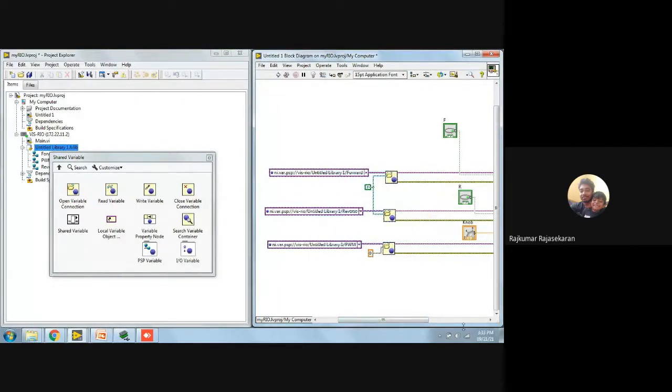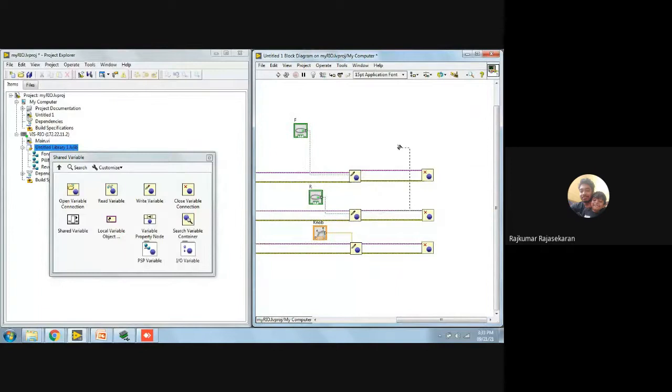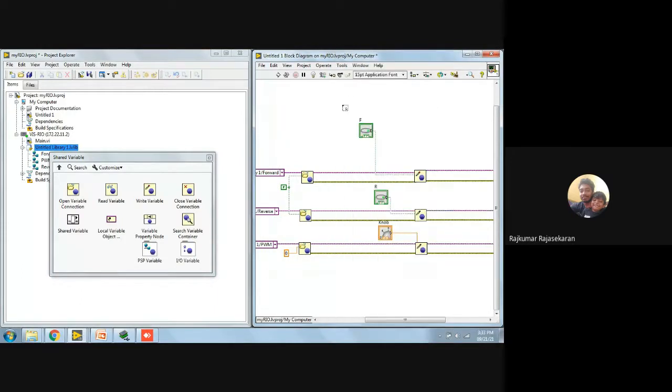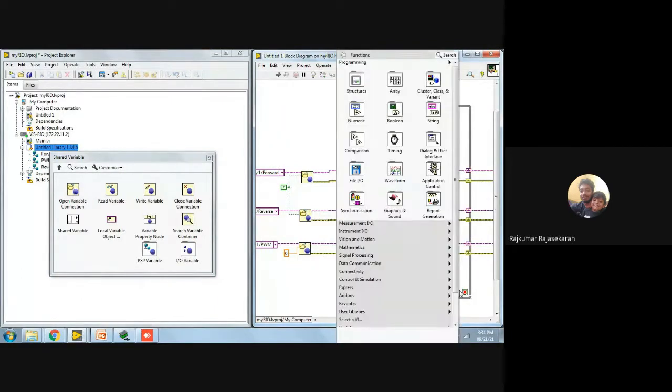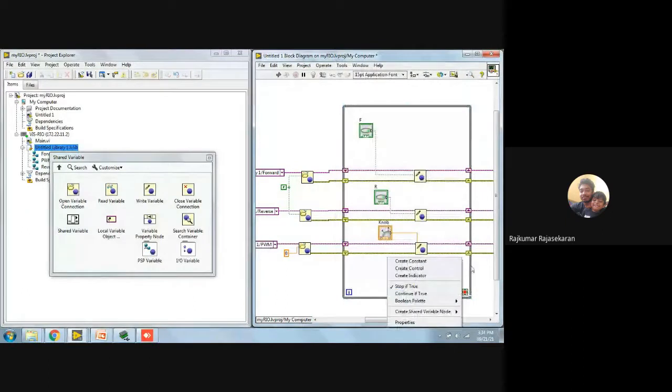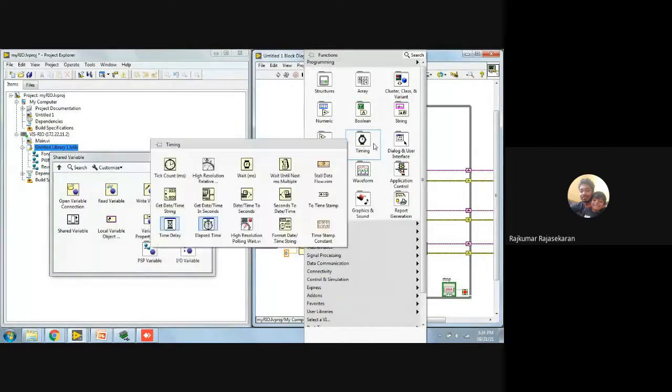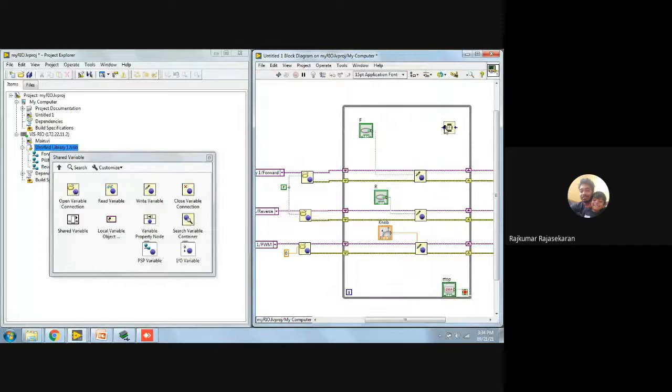Opening and closing needs to happen only once, but I'm going to put this inside the loop. Since this is PC based, I'm going to have a slightly longer wait function.